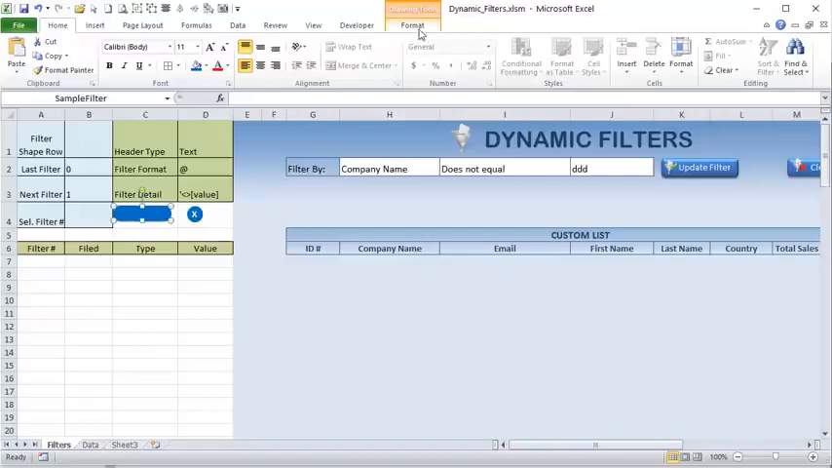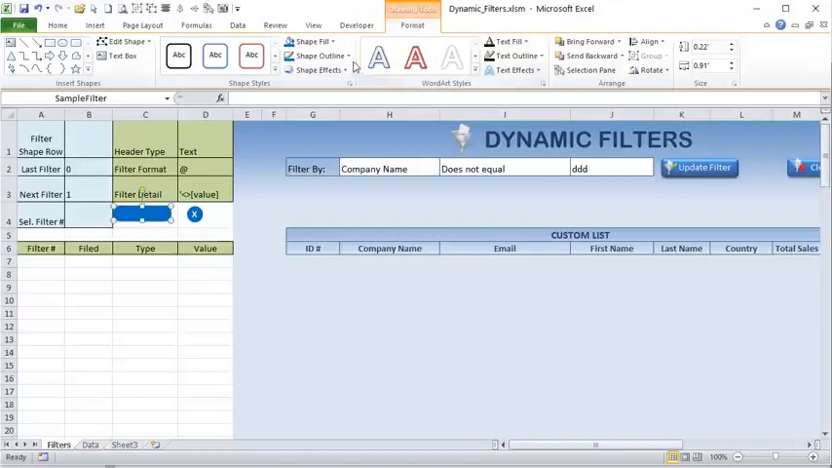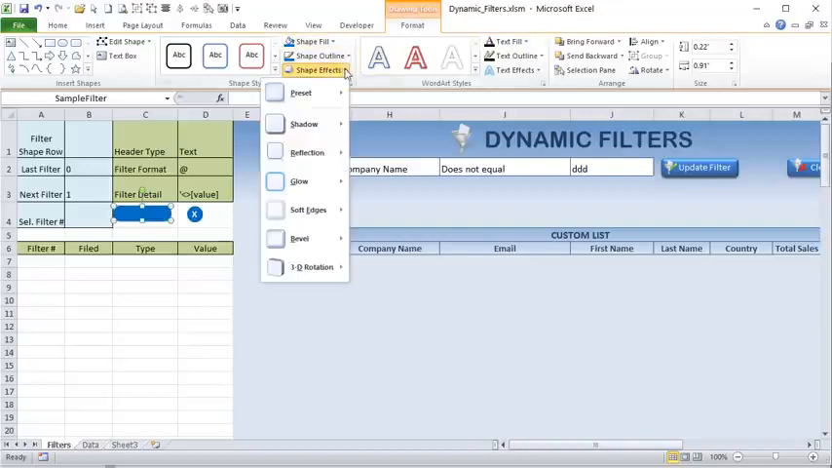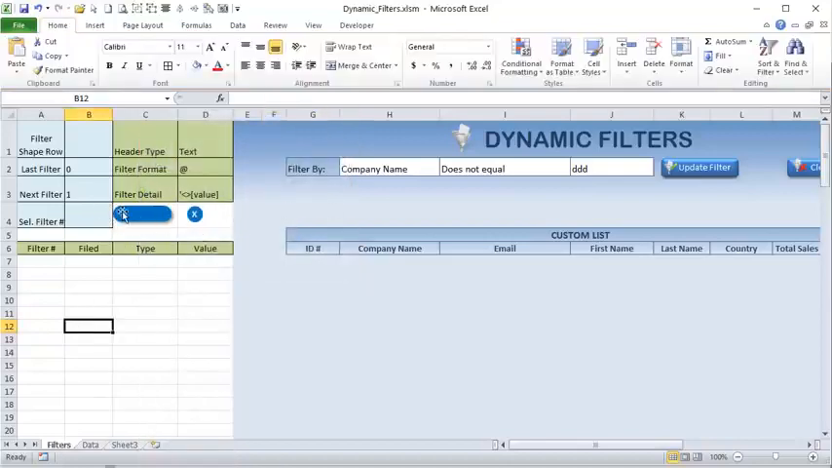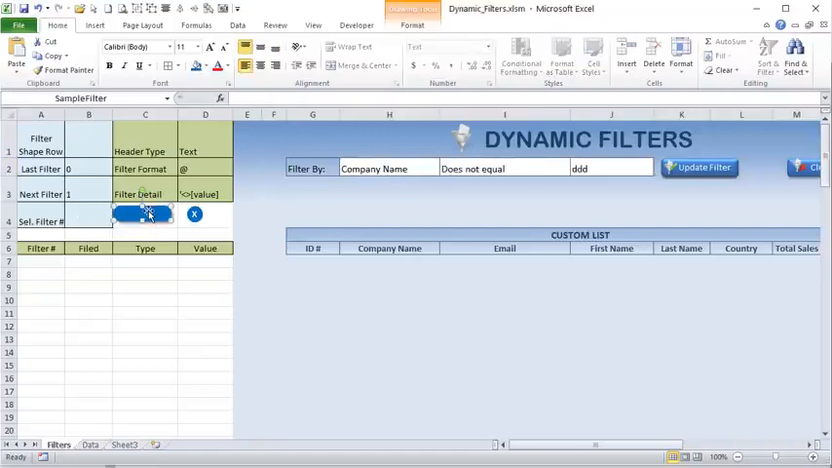Let's just add a little bit of shadow to this so that when the filters bounce off. So what do I really want to do? Well, what I'm going to try to do in this one is, when a user adds a filter, I want to put whatever text, filter by company name does not equal this, right in here. Basically I'm going to duplicate this sample shape. Let's do a sample. What I want is for it to say